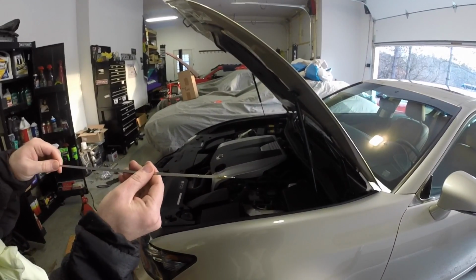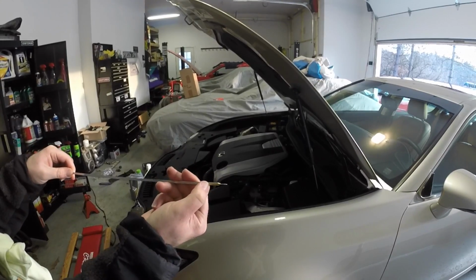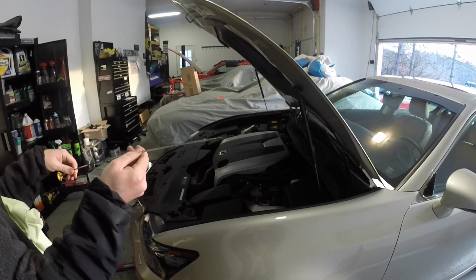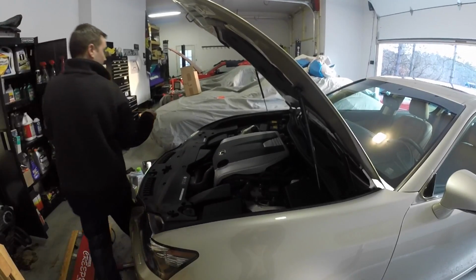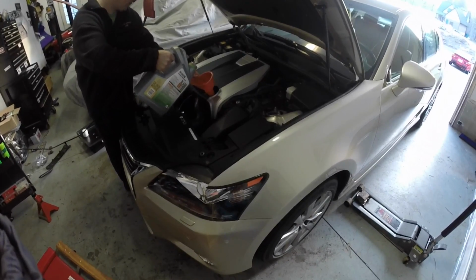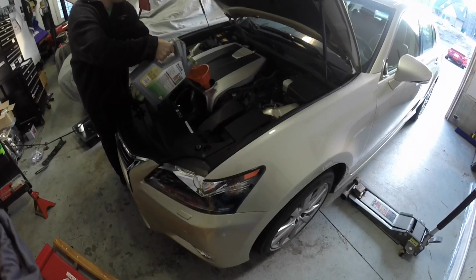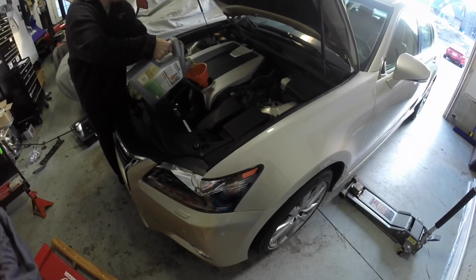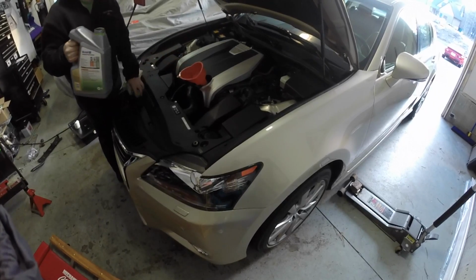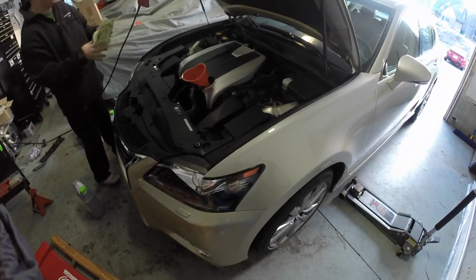Okay, I just pulled the dipstick out and we're about right in that mark right here. Almost halfway, not quite. So I'm going to go ahead and start topping it off with oil. I'm only going to add a very little at a time because I don't want to overfill it. So as I add a little bit of oil,